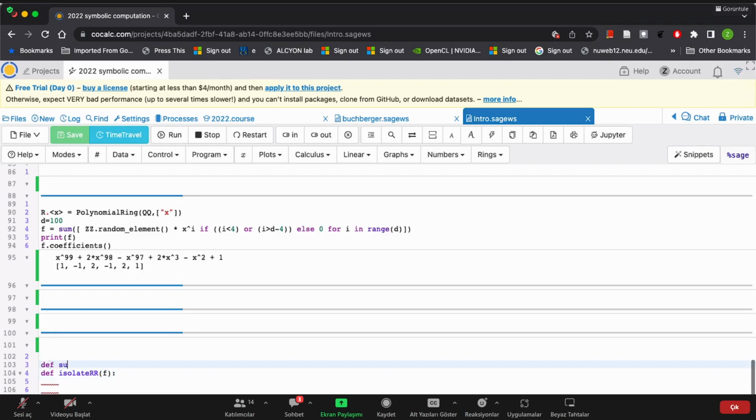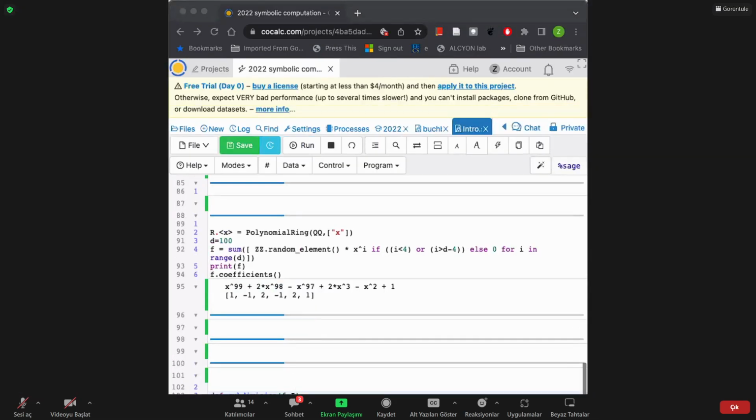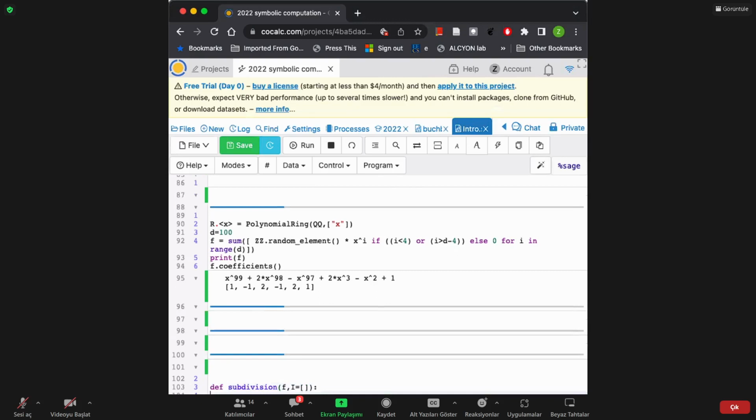Let's define a subdivision function that takes what? A polynomial and an interval. Are we fine till there? By default, this interval should be empty. Now we say that if I is empty,